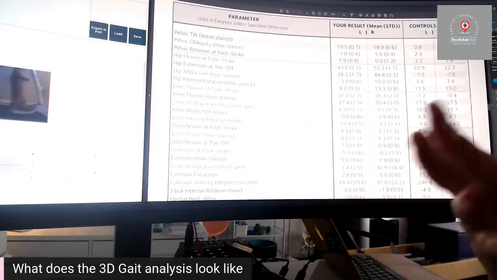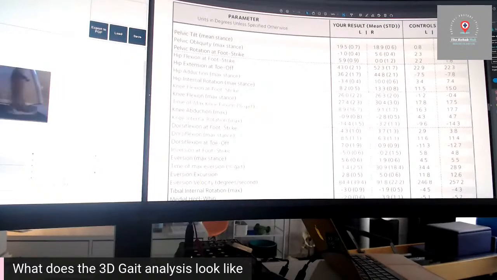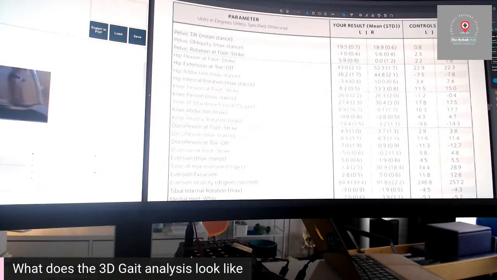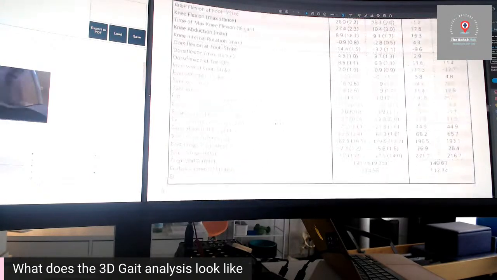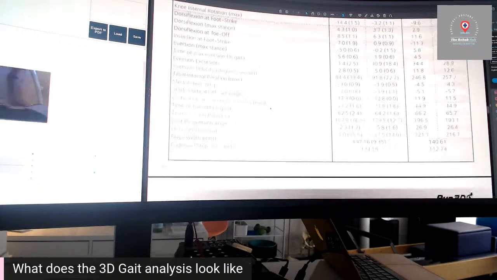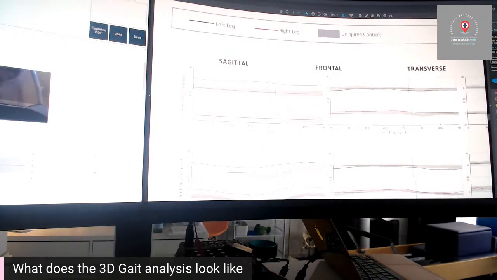Now that in itself, we wouldn't necessarily do anything with that specifically unless there was a reason to do it. But this particular patient primarily came to see us because of lower back pain. So we know based on these results now that the issue isn't just the lower back. Actually, this particular patient needs a lot of help in the hip area, but a pile of work is also getting done for this particular patient down at the foot and ankle as well. So it turns something that could be quite a subjective analysis